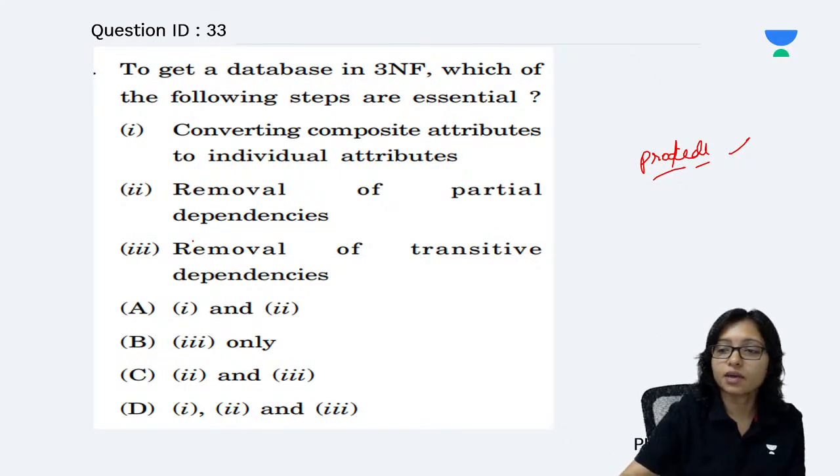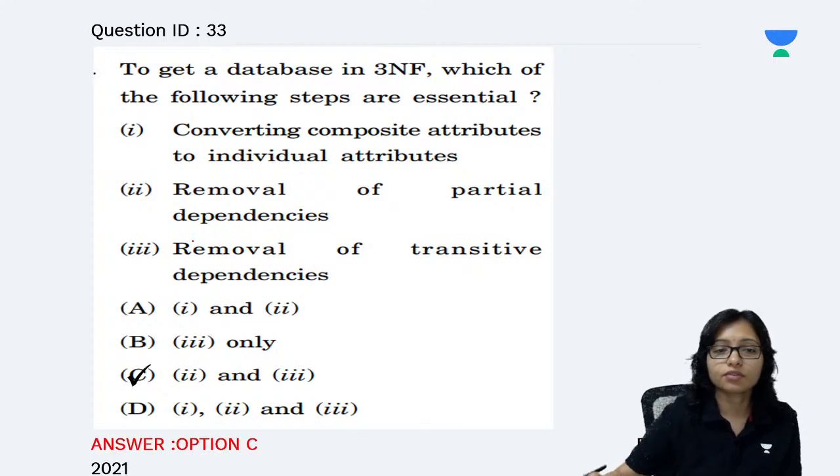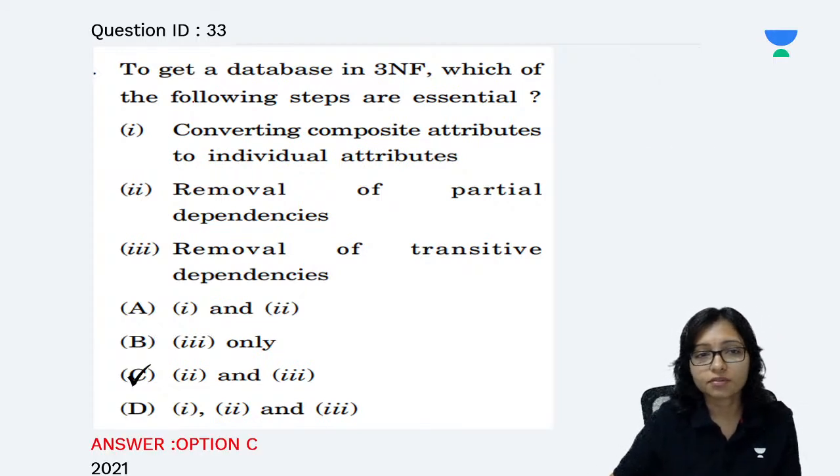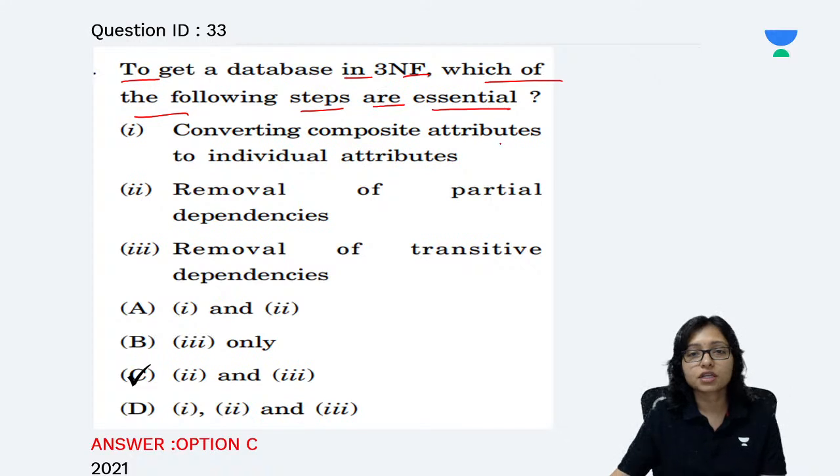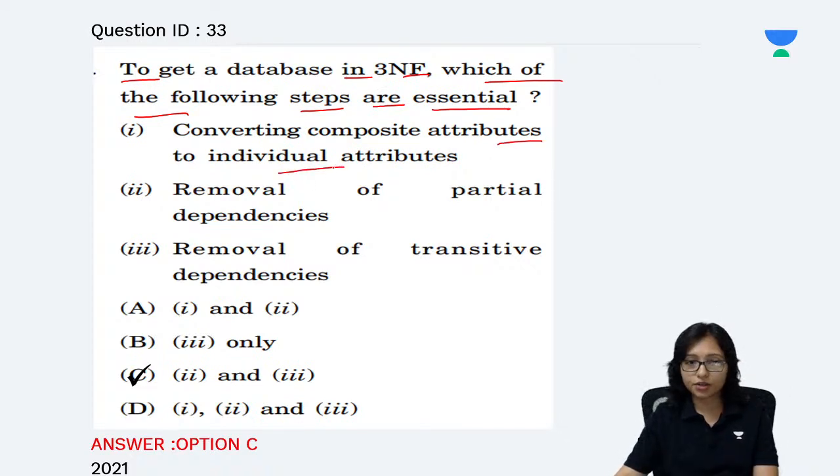So here the question, I am coming to that question. Here you are giving the answer, all of you. To get a database in 3NF, which of the following steps are essential? Converting composite attribute into individual attribute, removal of partial dependency. See, what is 3NF? Whenever we come to 3NF, the main part is that,